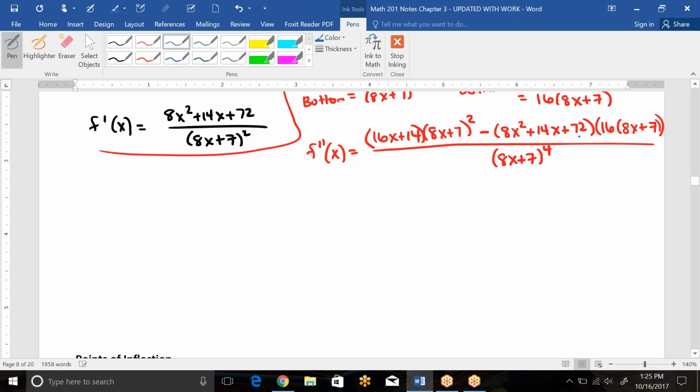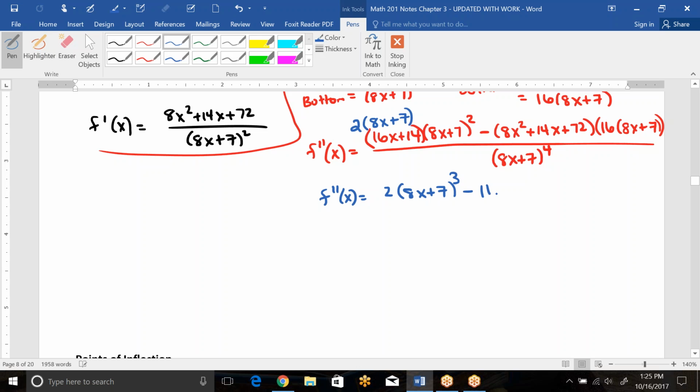So maybe we'll just leave that alone for now. But we do see that this has a GCF we could pull out. You can pull out a 2 right here, so that would make that 8x plus 7. Okay, so that makes that a little easier. So this, I'm going to rewrite this as 2 times, not 8x plus 7 squared, but now 8x plus 7 cubed,